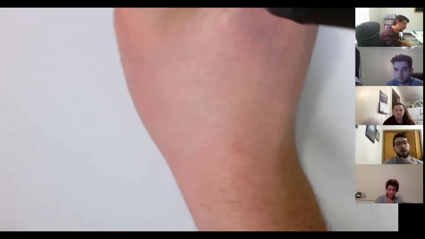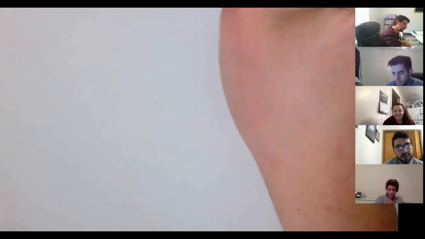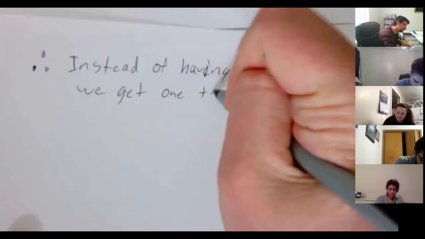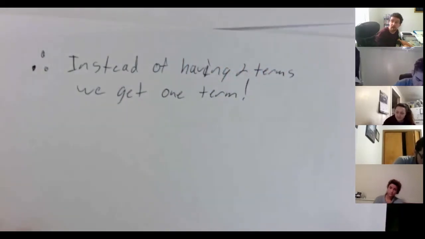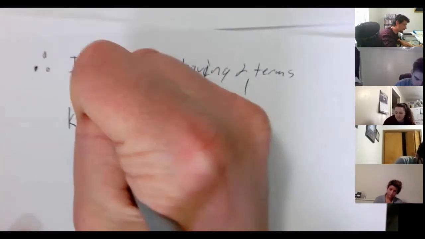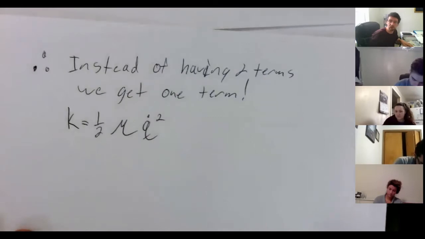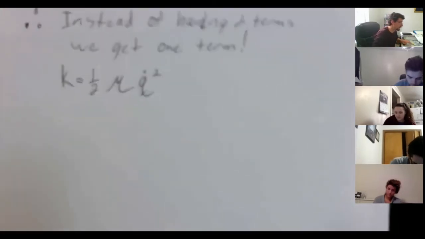So therefore, instead of having two terms, we get one term, which simplifies our math a lot more and will make our Hamiltonian way easier to deal with in the future. K is equal to 1/2 reduced mass Q dot squared. And now, since we have a reduced mass,